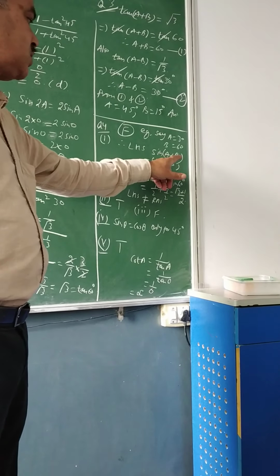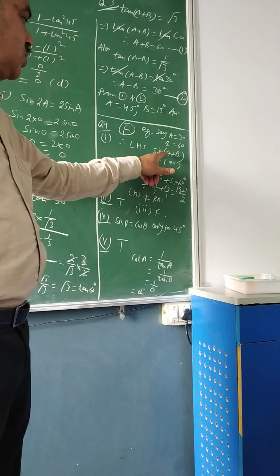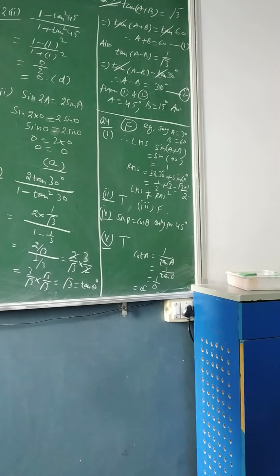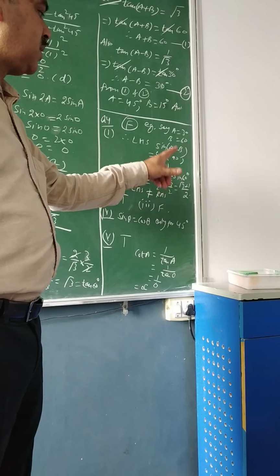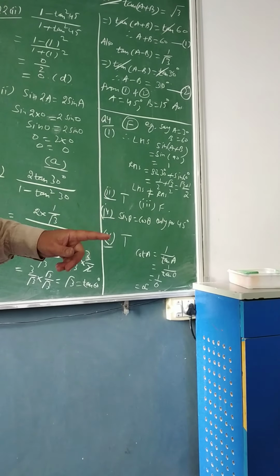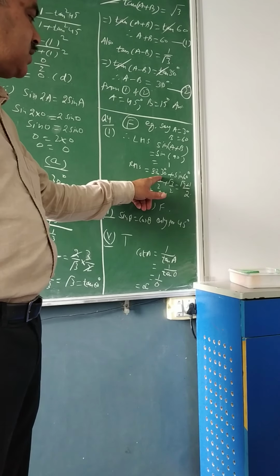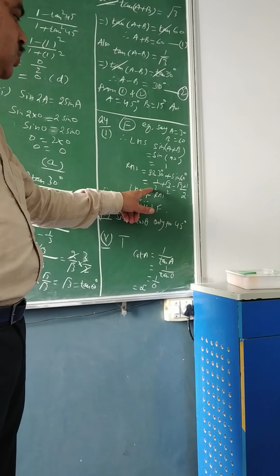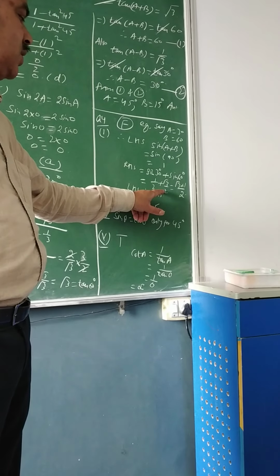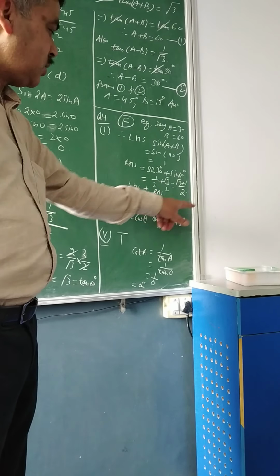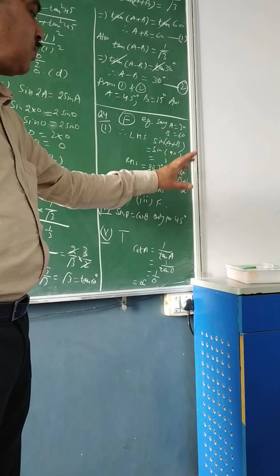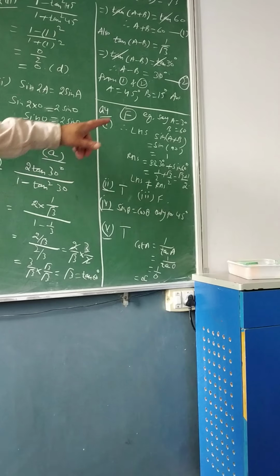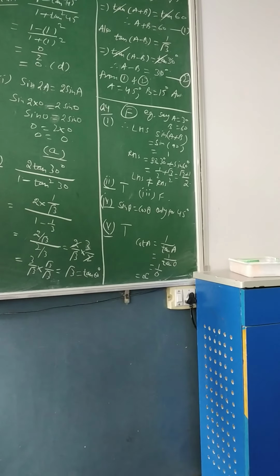So I have taken A is 30, B is 60. So this becomes 30 plus 60, 90. I know sin 90 is equal to 1. So if I solve the left hand side, it becomes 1 for 30 and 60. The same values I need to put in the right hand side, it becomes sin 30 plus sin 60. Sin 30 is 1 upon 2, sin 60 is root 3 upon 2. If I solve this, it becomes (root 3 plus 1) upon 2. So the left hand side is not equal to the right hand side, hence the statement is false.